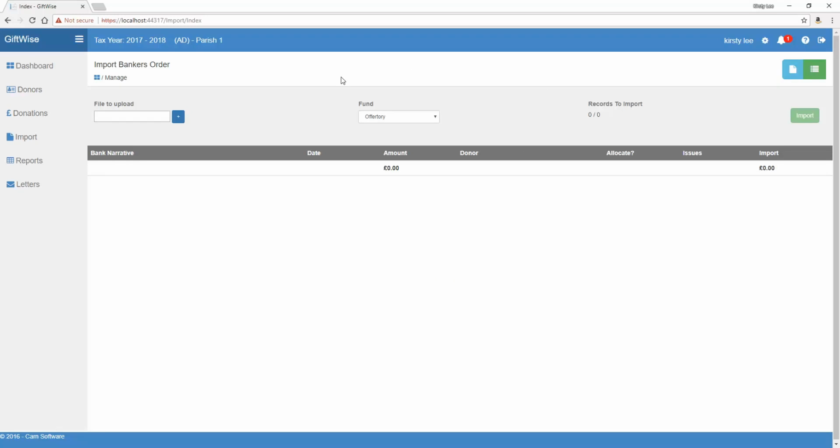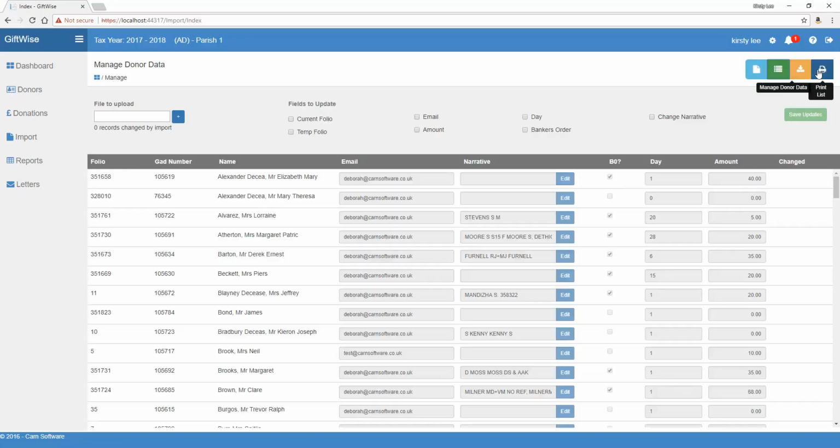As you can see, we are on the Import Banker's order screen, which I covered in a previous video. But I just want to draw your attention again to the little button bar in the top right. If you click the Import Banker's order blue button, you'll always be presented with a screen. However, if you click the green Manage Donor Data button, like so, you can see that the screen has changed